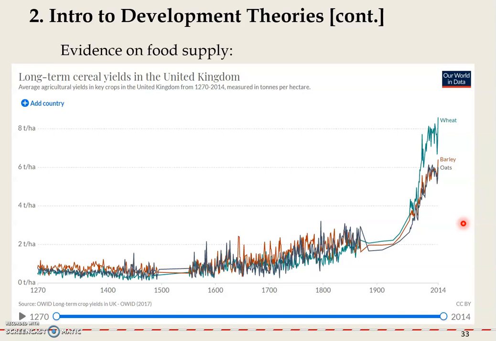Now, you probably want to know what happened to other countries. You can go ahead and Google these, okay? I believe we can easily find the corn yields in the United States, okay? Again, from the early times, like back to the 18th century or even earlier, and all the way to more recent years. Again, you find the same thing, the exponential growth of corn yields, okay? And something else, again, you can find other types of agricultural crops, okay?